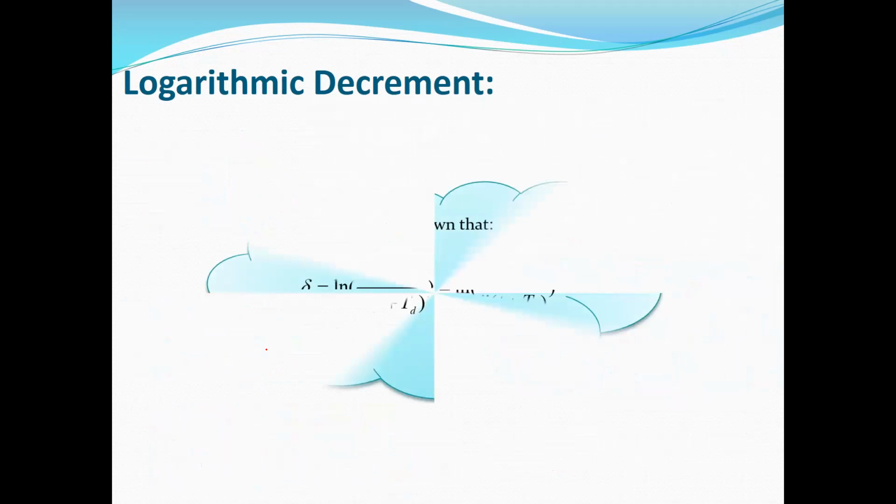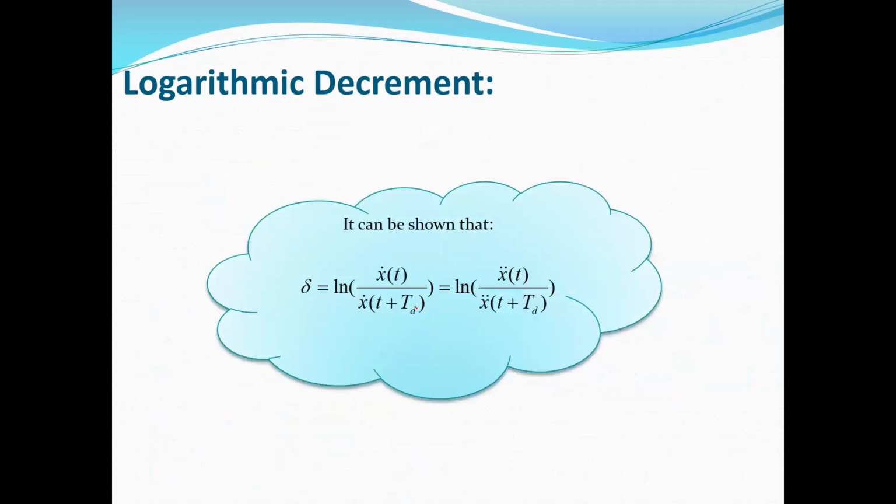And also you can use the graph for the velocity or acceleration to obtain delta. Again, the same equation. I mean, instead of x, you can use x dot or x double dot. Sometimes you use graphs that have the information of the velocity and acceleration. And in fact,